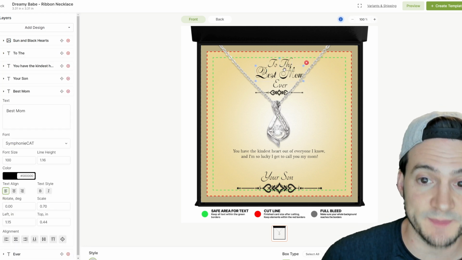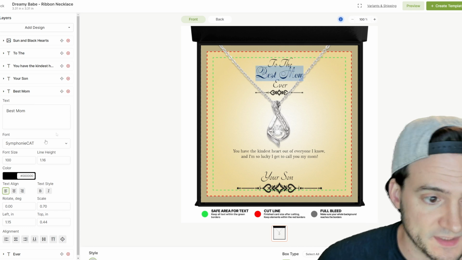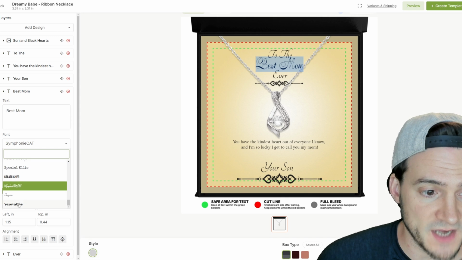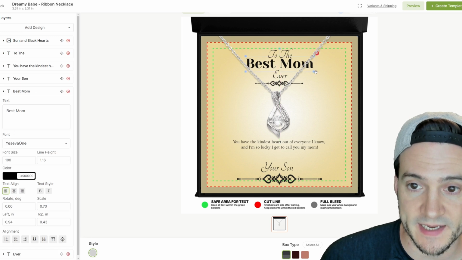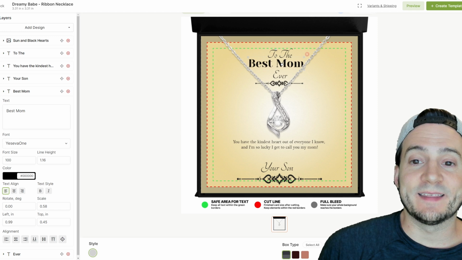You can change up the fonts, by the way. So you could click in like where it says best mom. Under this drop down right here, it says font, and we can select whichever one we want. I typically like, whether it's message card jewelry or really anything else,